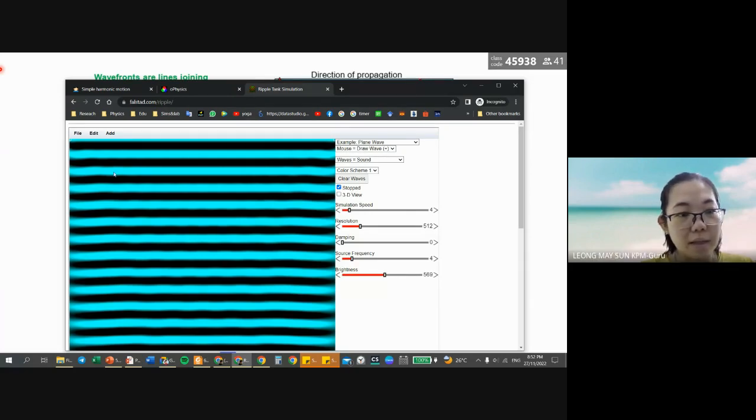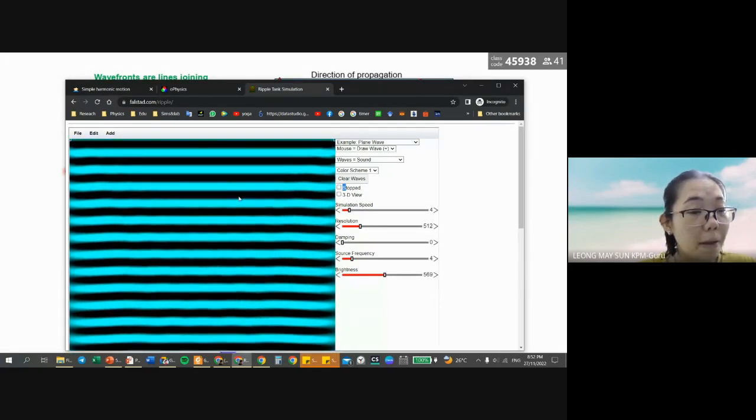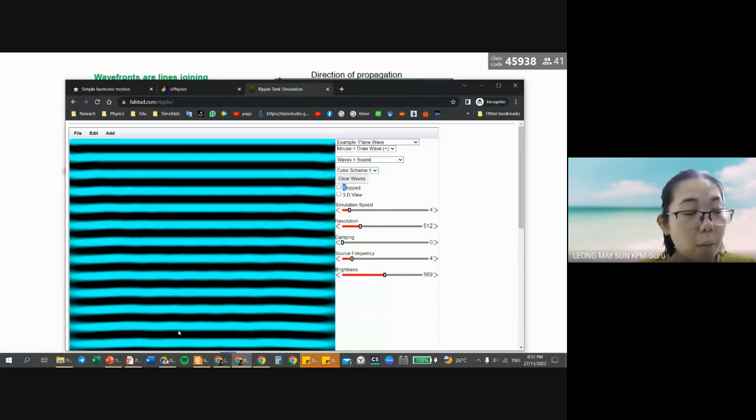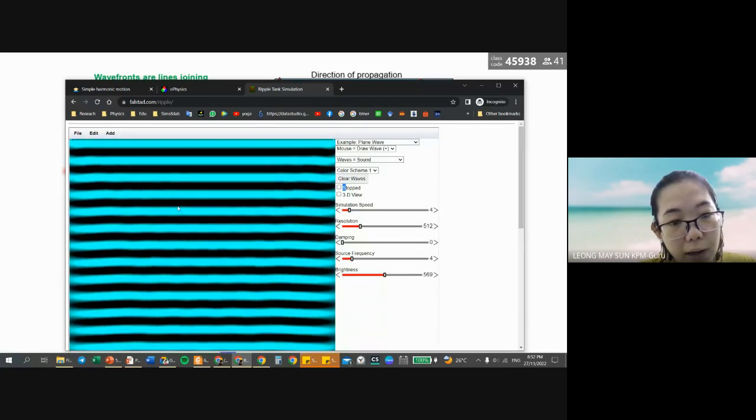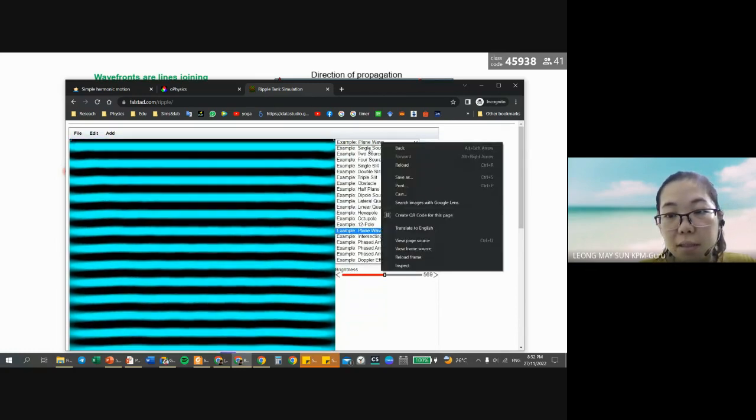So these blue lines, the bright lines, are called the wavefronts. Why? Because they are moving perpendicular to the direction of the wave. The wave is moving towards negative y. Perpendicular to negative y is the x-axis. So the white color, the bright fringes, all these lines are moving perpendicular to the direction of the wave going downwards. So these bright lines moving downwards are called the wavefronts. So if it's a single source,